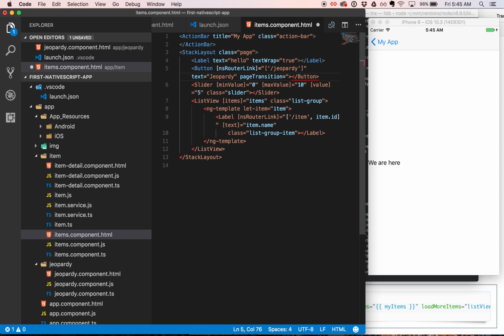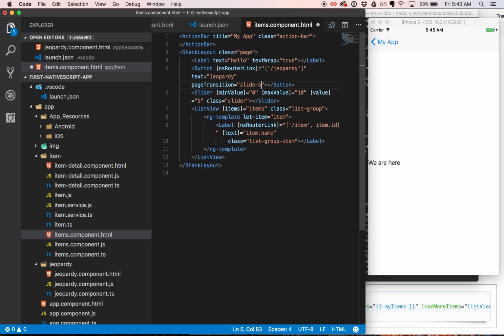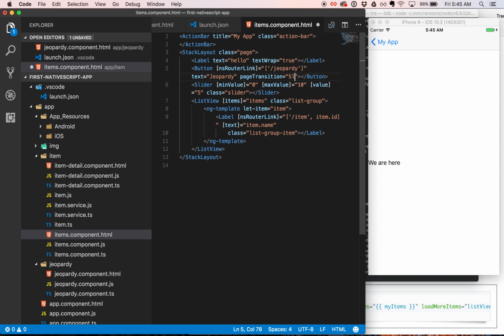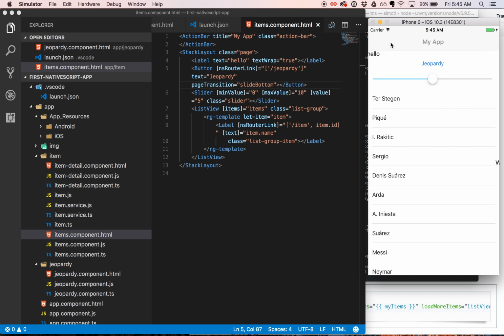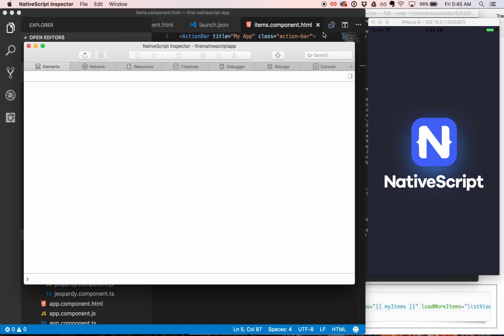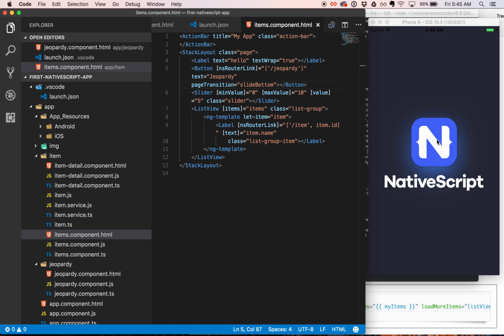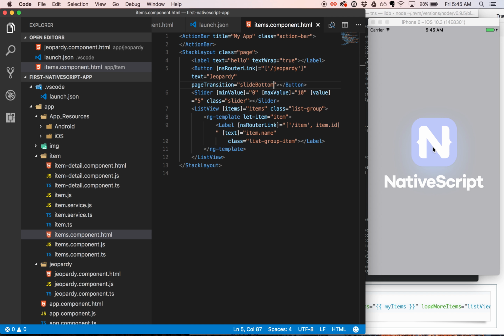we could now, for example, call it, which one should we use? Slide bottom. So it's capital B, one word without the dash. Sorry, lowercase, yes. There you go. You can save it. So you reload the application, and now when you navigate,